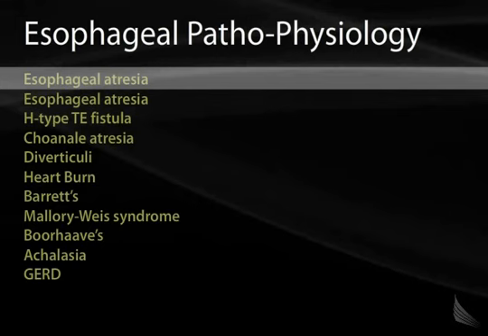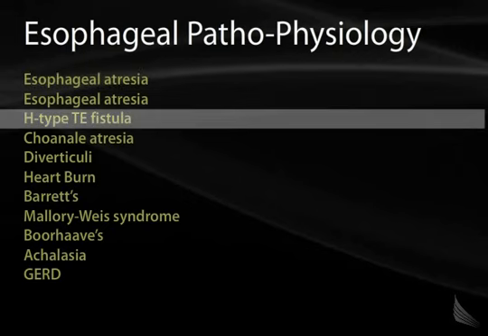There are different types of esophageal atresia, namely types A, B, C, and D. In type A, there is a connection between the esophagus and the trachea, with no connection between the proximal esophagus and the distal esophagus. In type B, the proximal and distal parts of the esophagus connect to the trachea. In type C, there is just a blind ending for the proximal esophagus, and the distal esophagus is connected to the trachea. And in type D, or so-called H type of esophageal atresia, the esophagus remains patent, but